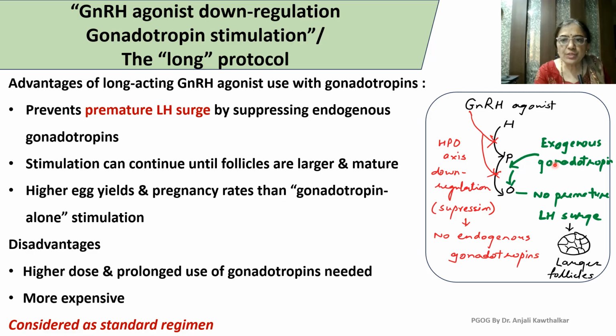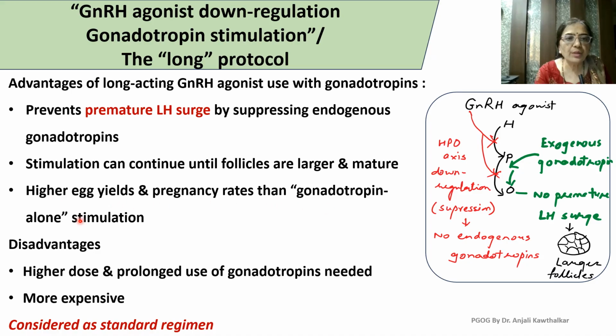Then when we use exogenous gonadotropin, that will lead to proper action on the ovary with multiple follicles developing in the ovary, but no premature LH surge and no ovulation before we proceed with oocyte retrieval. The advantage of using this long-acting GnRH agonist along with the gonadotropins is that it prevents premature LH surge by suppressing endogenous gonadotropin. We have already seen it here. Stimulation can continue until follicles are larger and mature, so it leads to higher egg yields and higher pregnancy rates